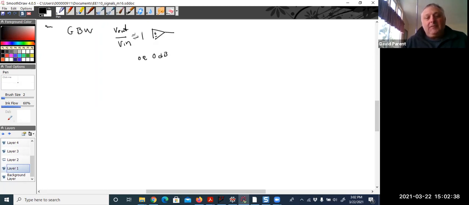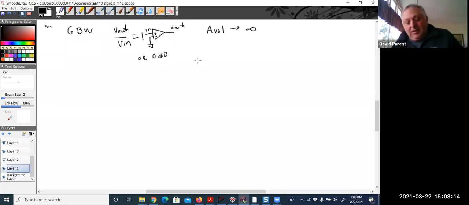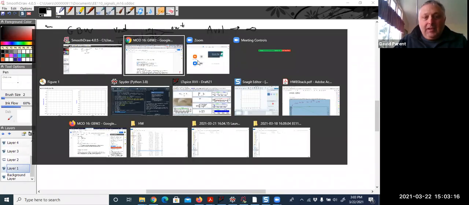Now, the way I've done it like this, that kind of assumes I've got the negative terminal tied to ground, and that would be in, and that would be out, right? And then the other thing is the open loop gain, which you're somewhat familiar with from 98, because that's the thing that we always set goes towards infinity. All right. And so if we look at a data sheet,